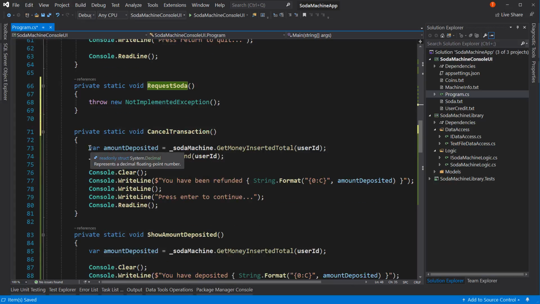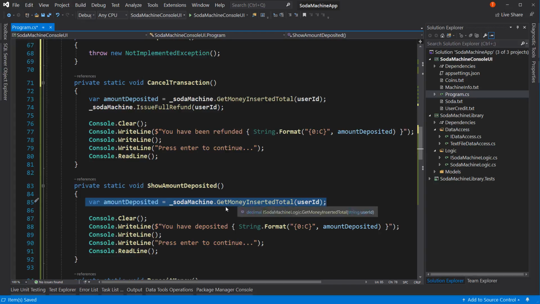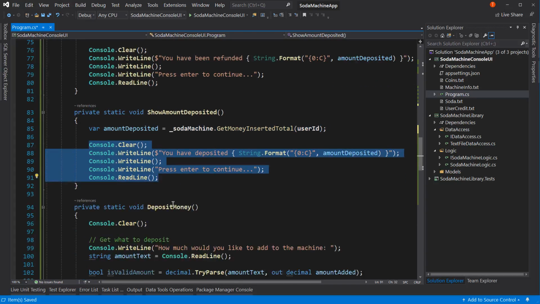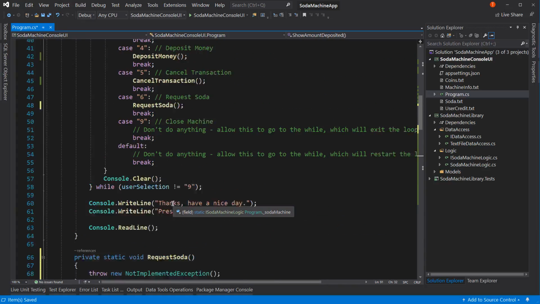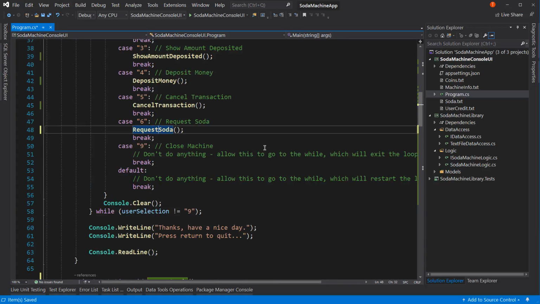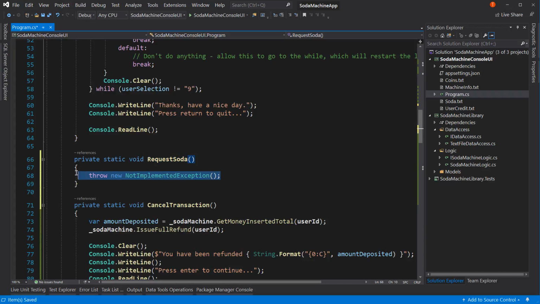Okay, so we followed similar patterns. We've done a couple lines of actual code, and then just basically telling the user what we did. Now we're going to get into a little bit more with this request soda. So let's talk through what we need to do. First of all, we need to identify which soda the user wants. Which probably involves, first of all, showing them the list of sodas that are available, and then from there,